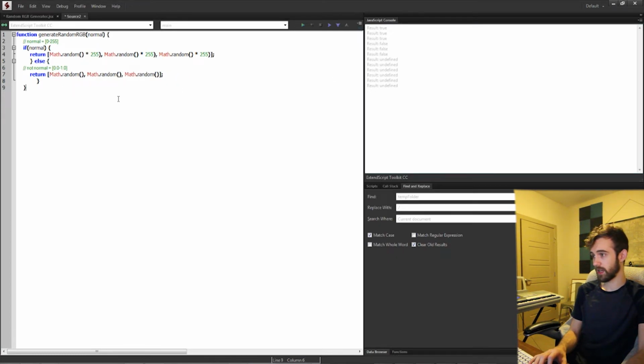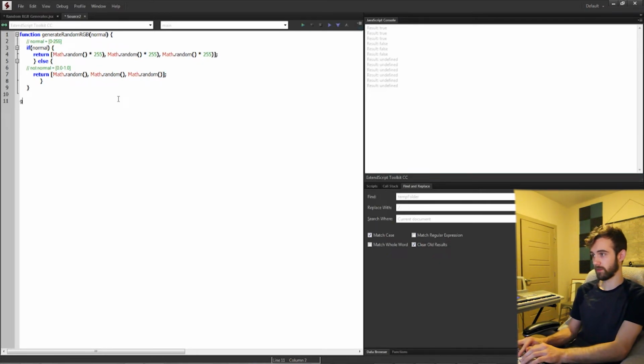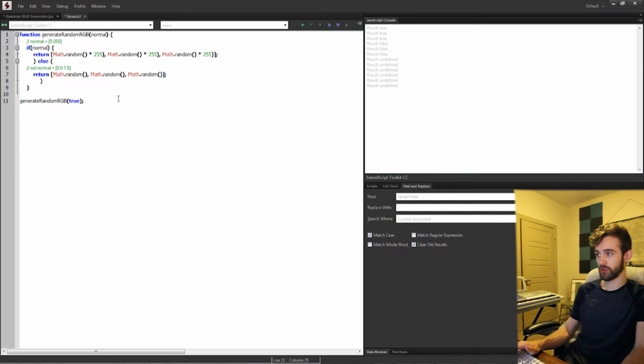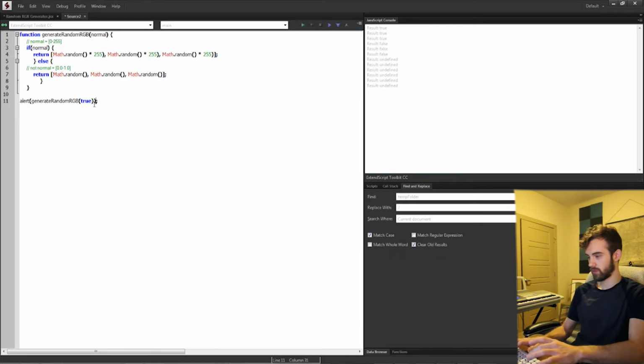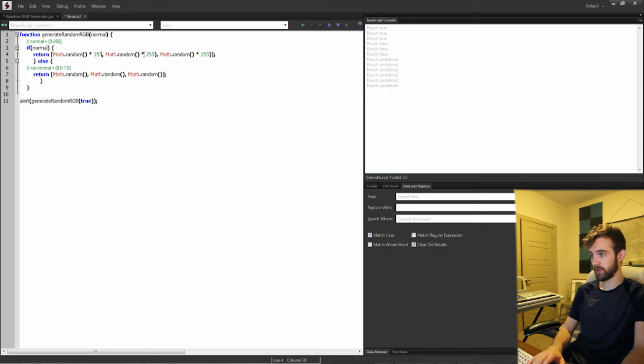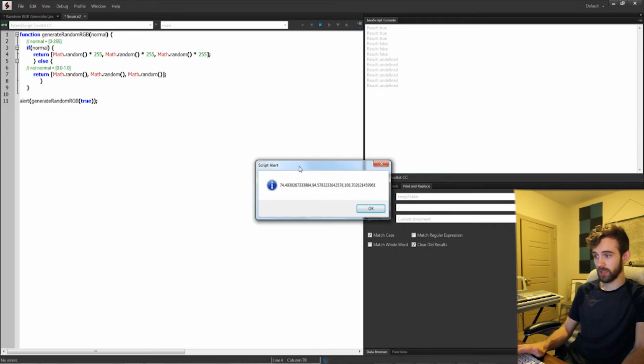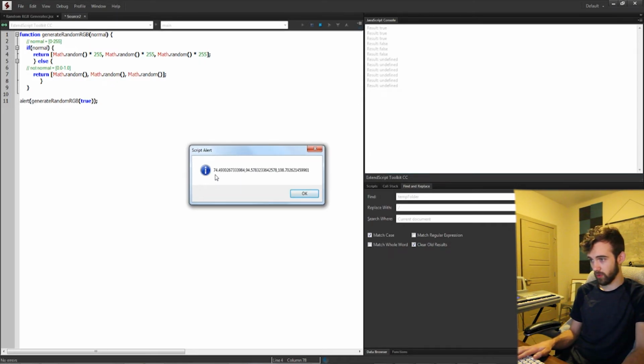And now let's call this function and see what we can get. So I'll say generate random RGB, and we'll start with true. We're going to say normal is equal to true. And I'm going to alert what this gives us. If I run it, you can see I need to get rid of these parentheses at the end here. Try and run it. We're going to get a value, 74.49,